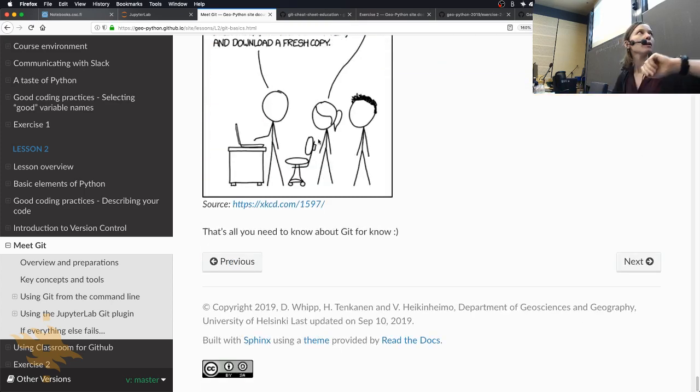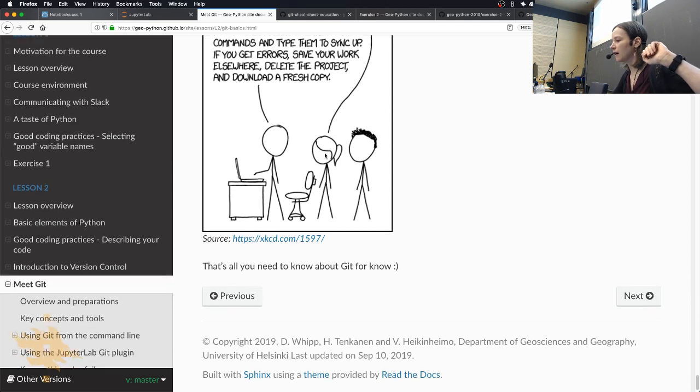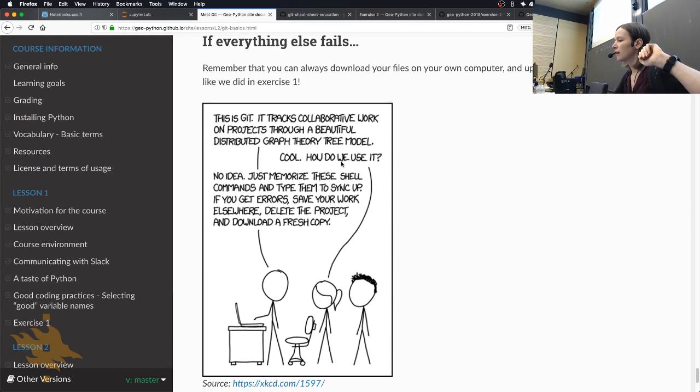Okay, so let's wrap up. That clock is a bit lagging behind, so it's almost 1:45. Just as a reminder, this now seems like a bunch of command line codes that you need to memorize. So here they're discussing that Git is so cool. So how do we use it? The bottom line is that